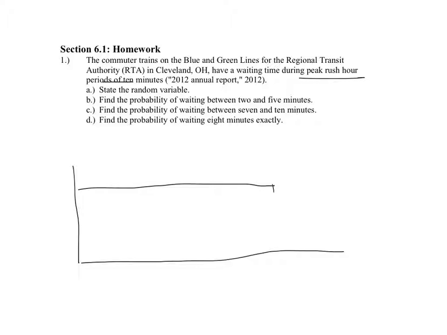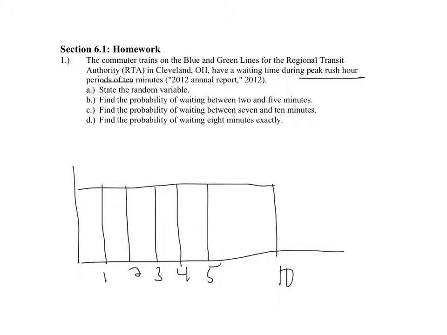So this is from section 1, where we're talking about the uniform distribution. What I know about the uniform distribution is that it's like a great big rectangle, and they're telling us for this one that the peak rush hour has wait times of 10 minutes. So we know it's uniform distribution, it's 10, and we could break this up by the minute. I don't know if I'm going to split this up exactly right, but if I do this by 1, 2, 3, 4, 5, I didn't do this quite right, 6, 7,